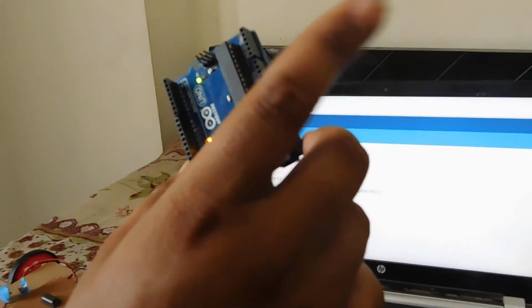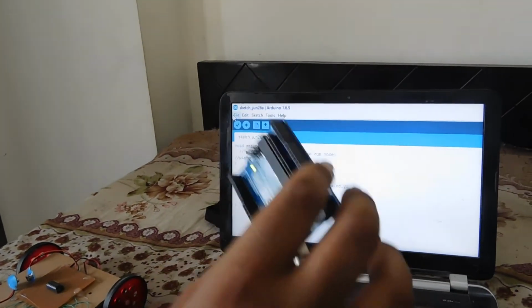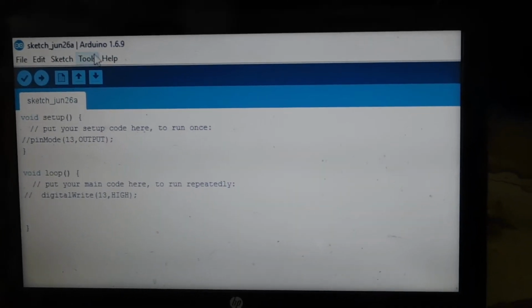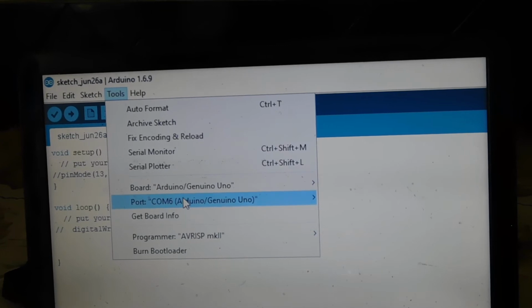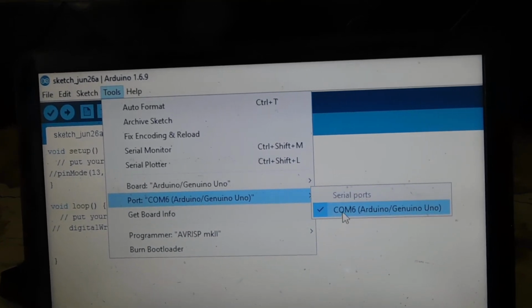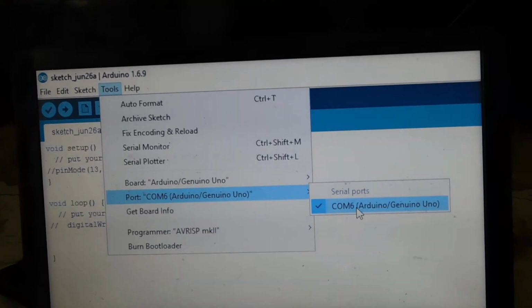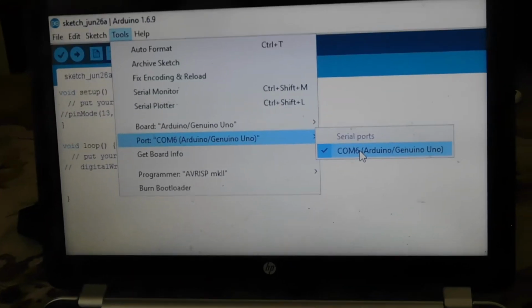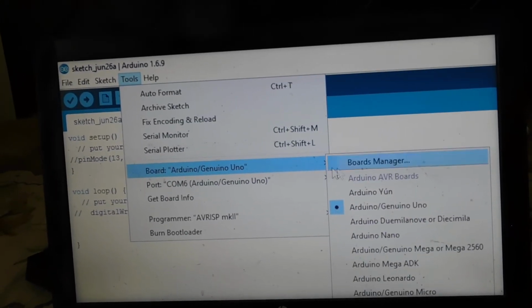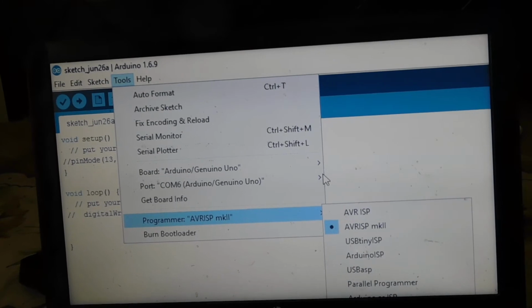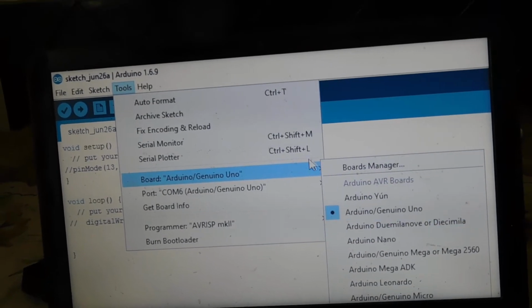Whenever you connect this Arduino board with your COM cable, go on Tools and check that a COM port is selected where it is connected, and the other thing is your board is selected. These two things you have to remember every time.